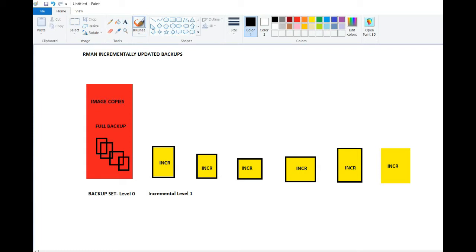I'm not going to go into detail for that, but what I have shown here is incremental backups which are differential in nature, which means they only back up blocks which have changed since the recent incremental level 0 or level 1 backup.